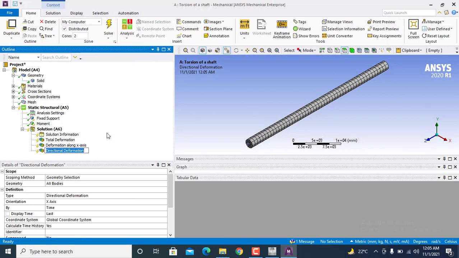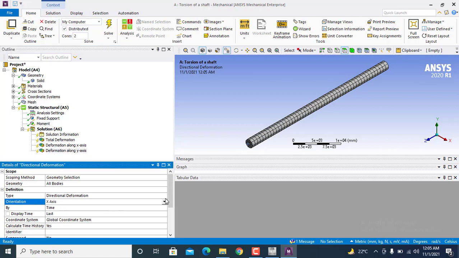Rename it deformation along y axis. We will also change the axis for this result. In the details view, you can see the orientation.